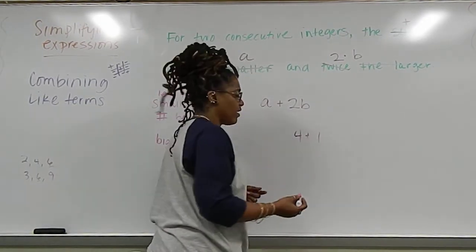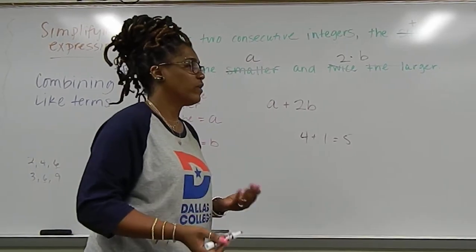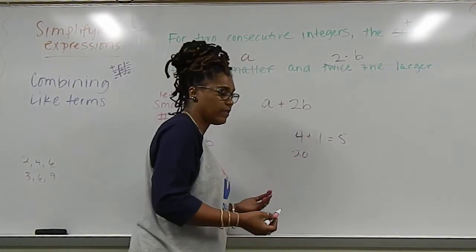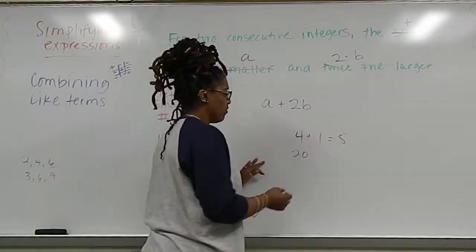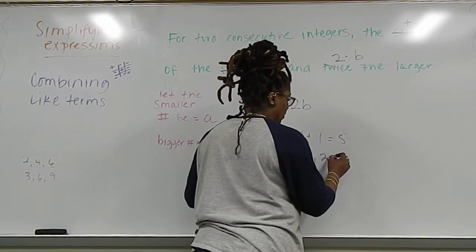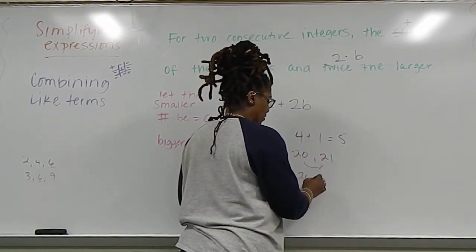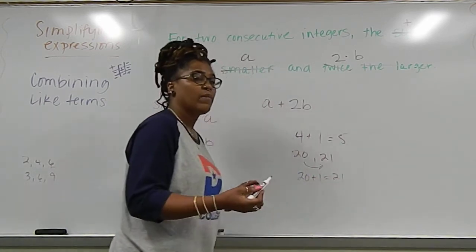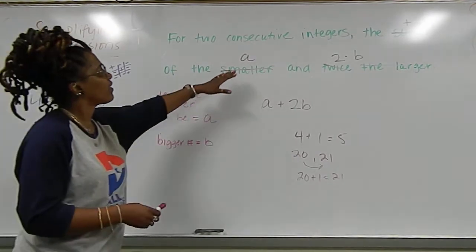Okay, that's right. That gave us 5. So what if our first number was 20? What would the next number be? If we're counting consecutively, the next number would be 21. You're correct. And so how do we get from 20 to 21? Perfect. So that means any number we started with,